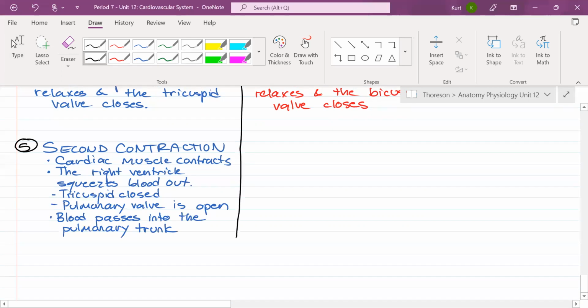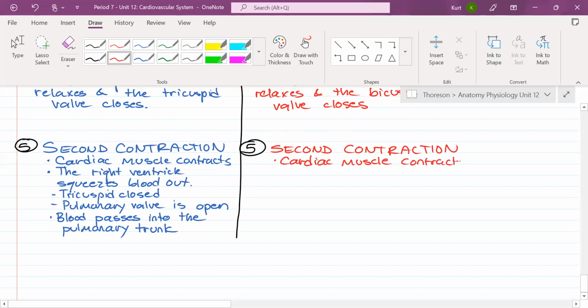All right. Let's move on over to your oxygenated side. We have our second contraction. Cardiac muscle contracts. The left ventricle